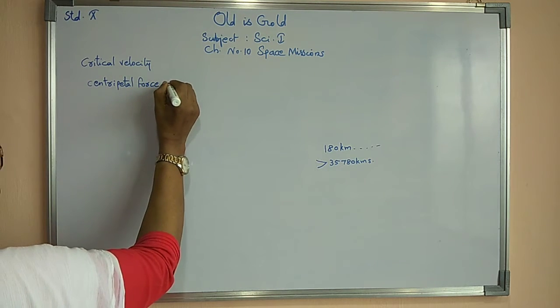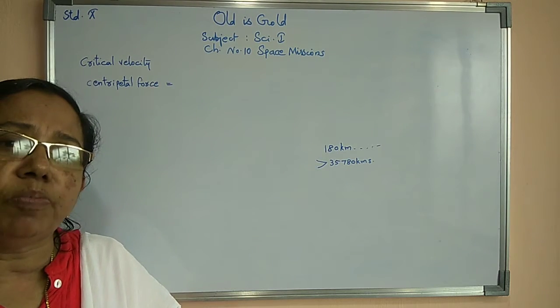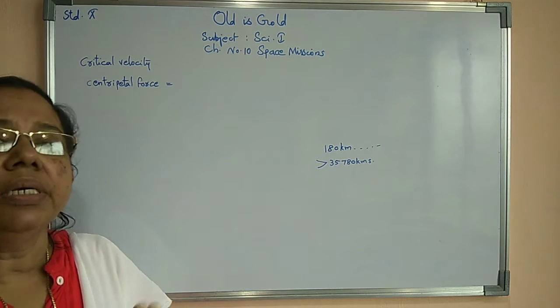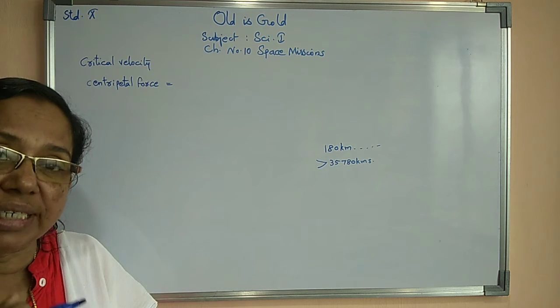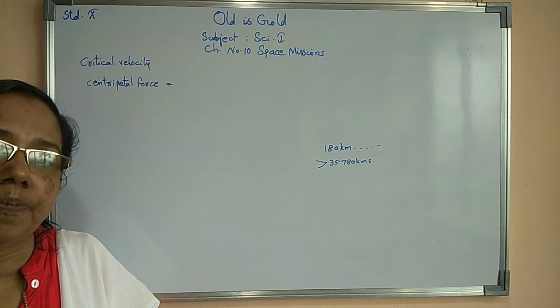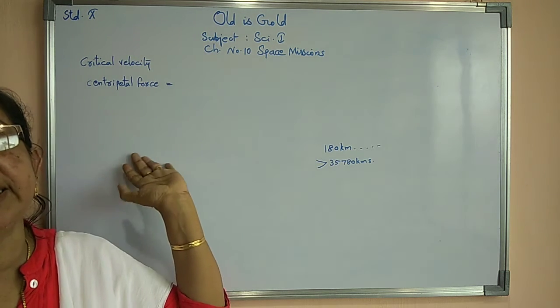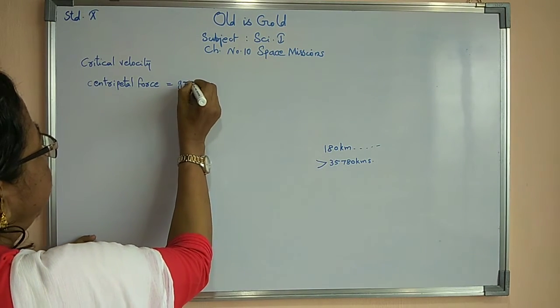Now this centripetal force means what? Center-seeking force. The earth pulls the objects which are moving around it, or which are above the surface of the earth, towards it. So the pulling force exerted by the earth on any object is the centripetal force. That is equal to the gravitational force